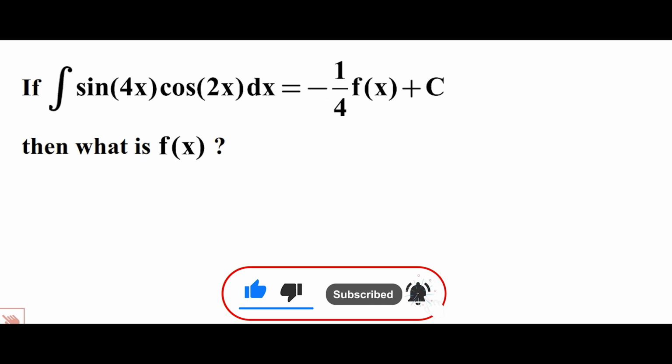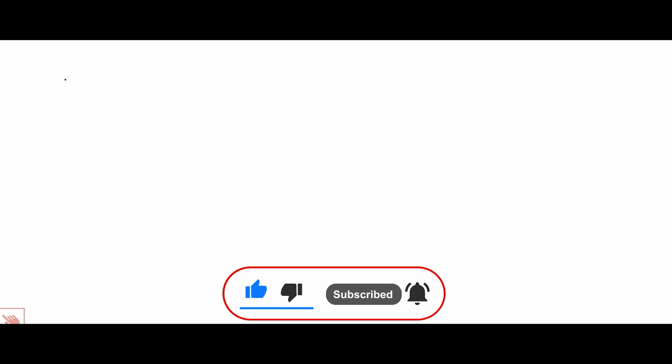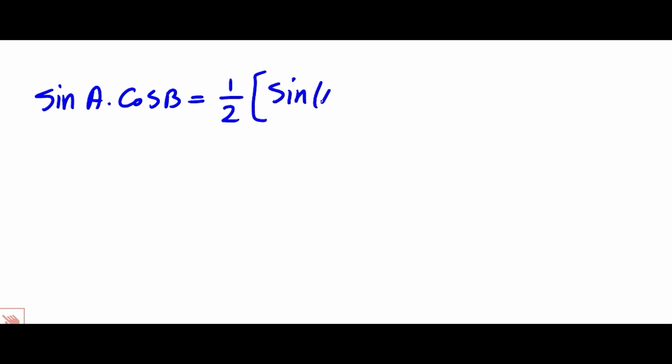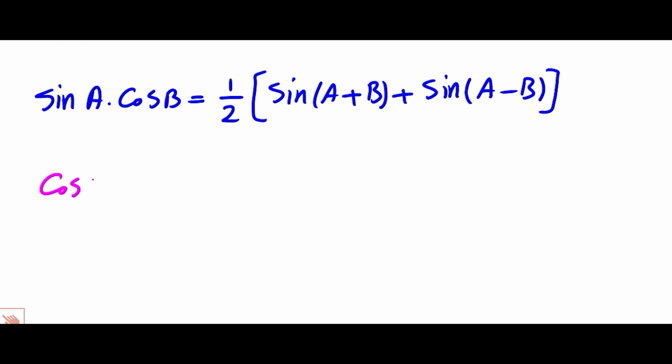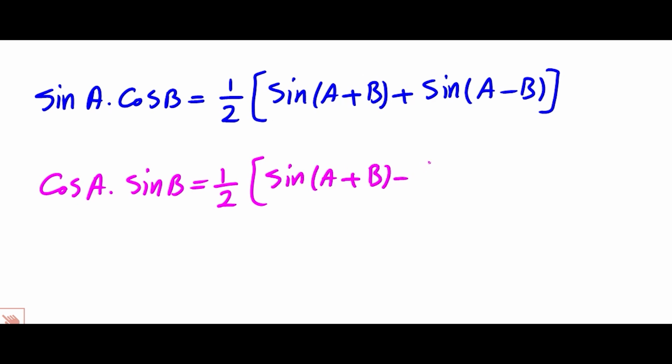But before we dive in, let me highlight these formulas. They're super important for this part. Number 1, sine of A times cosine of B equals 1/2 times sine of A plus B plus sine of A minus B. Right? Number 2, cosine of A times sine of B equals 1/2 sine of A plus B minus sine